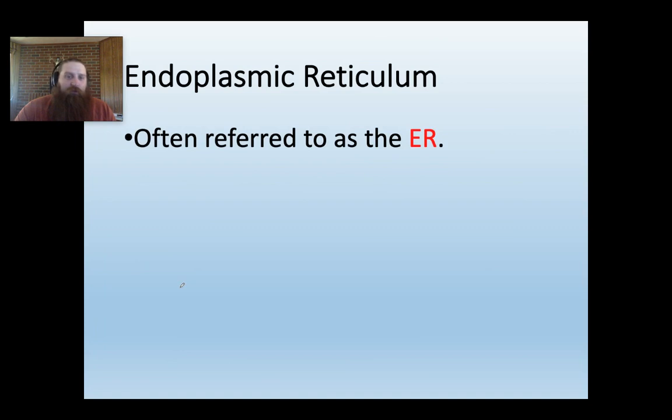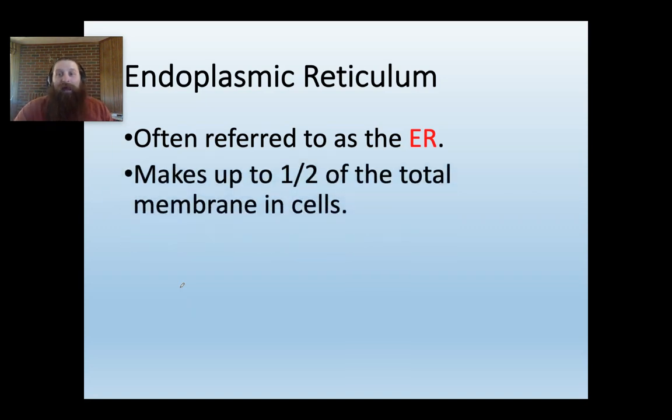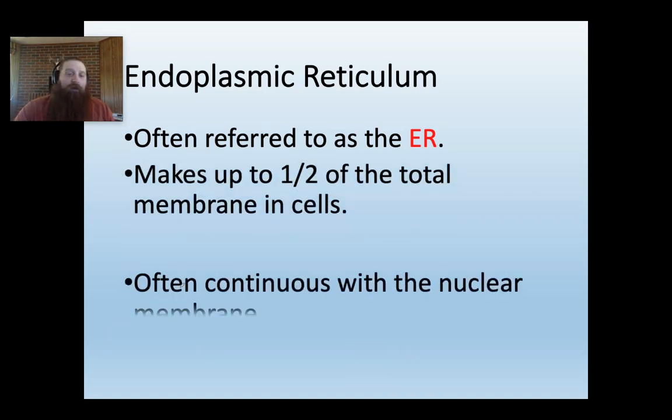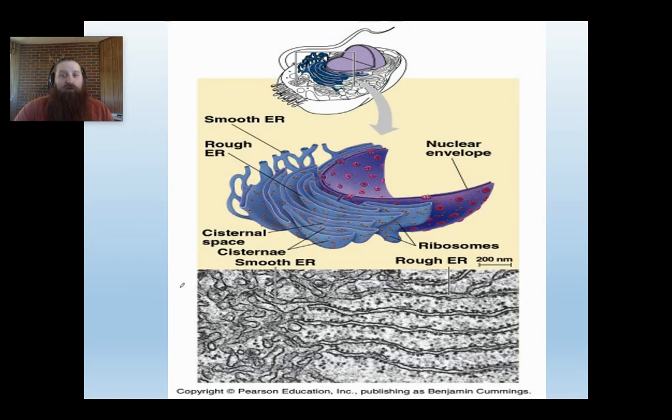Now, the rough endoplasmic reticulum and the smooth endoplasmic reticulum are 2 of the organelles we want to know. So the ER, as it's usually called, is about half the total membrane in the cell. It usually touches the nuclear membrane, which is important. That means that things can go directly from the nucleus into the rough ER. Again, down here, this would be, I believe, a TEM, transmission electron microscope image. You can see all the little membranes right there. You can see that there are bound ribosomes on those membranes. And that's why it's called the rough